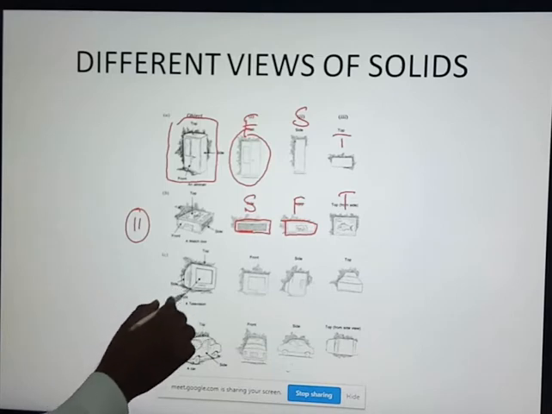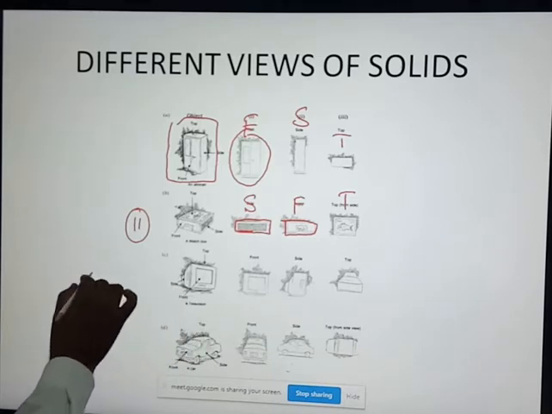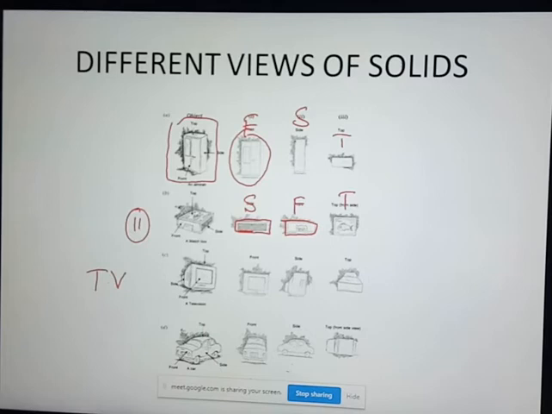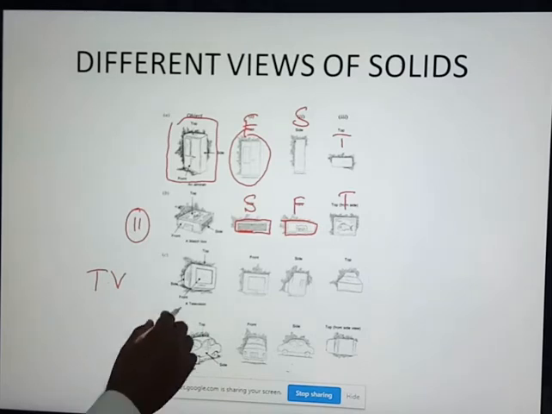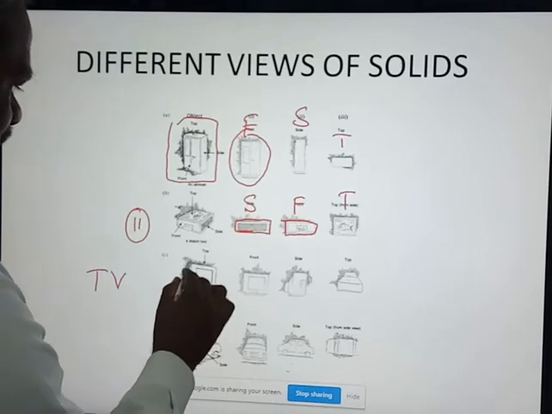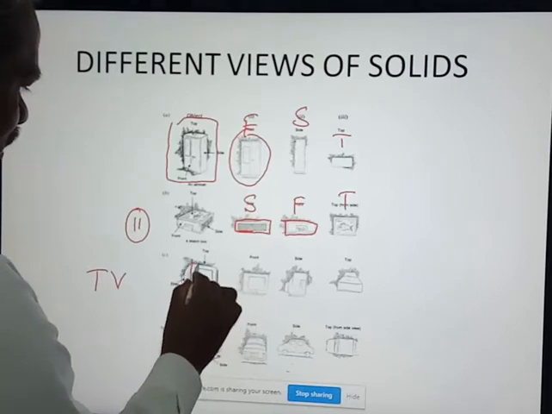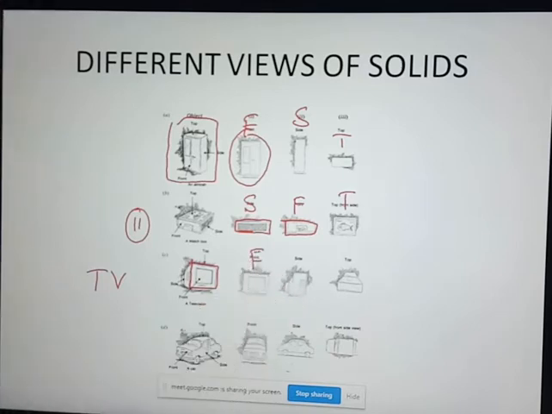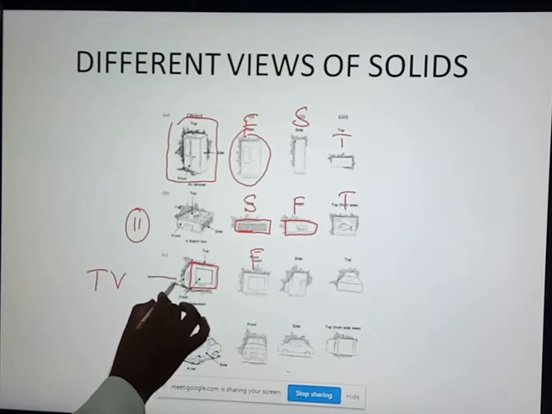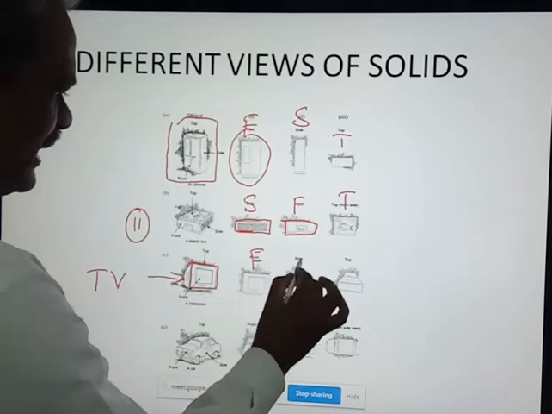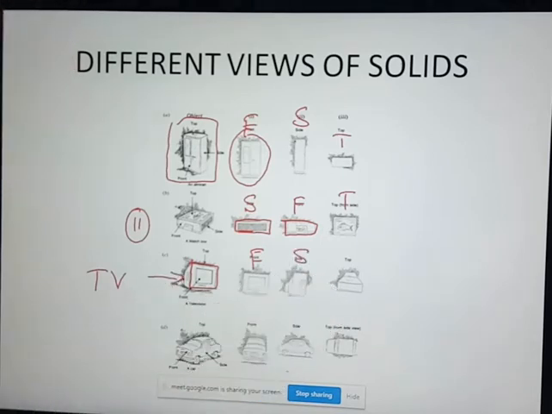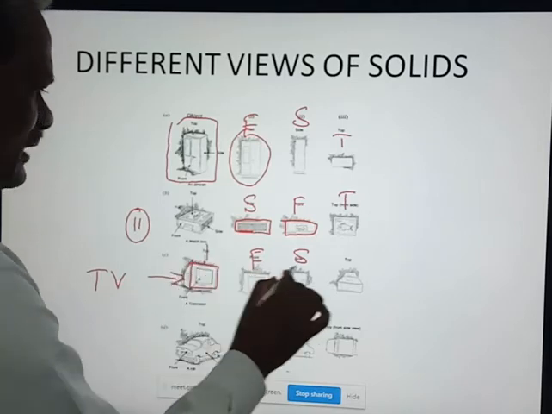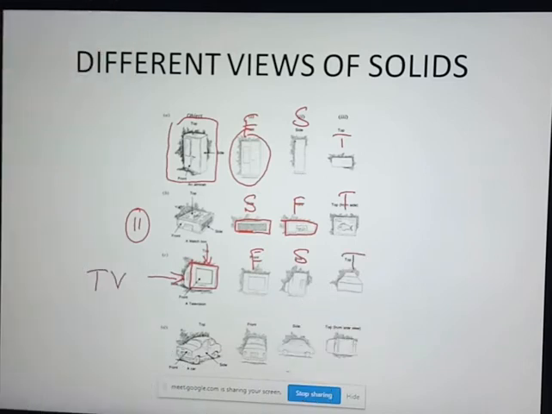Now computer monitor here, or otherwise you can take a television, TV or computer, looks like a computer monitor only. So when you look at this object from the front side, only this screen will appear. So that is the front side. First one is front view. And when you look at this from the side, from this direction, this is the side view of this computer monitor. Okay. And from the top, if you look at this from the top, this last figure shows the top view of this computer.